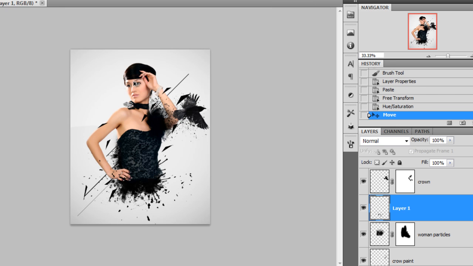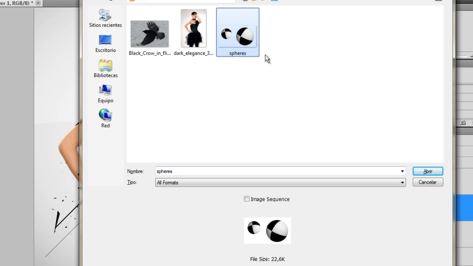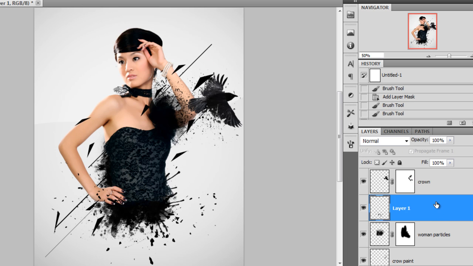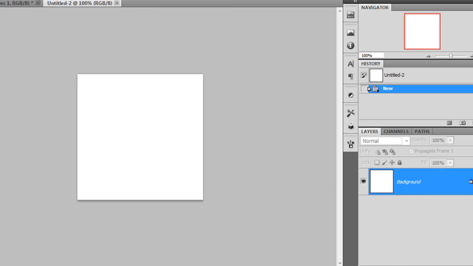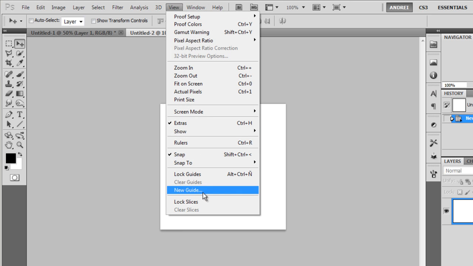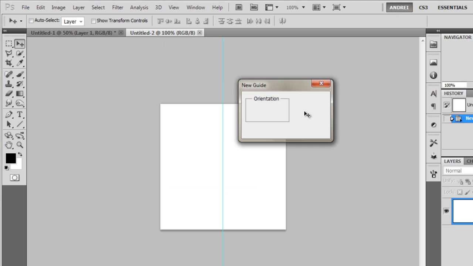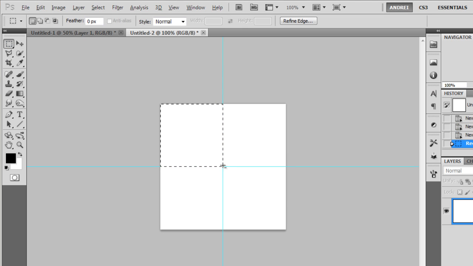Okay, something like that. The next thing I added to this is those 3D spheres, which you can download as well from my website, because I know many of you don't have the extended version of Photoshop, so you cannot create them. But I will show you how I made them in case you want to know. So I will create a new document, like 300 by 300, and I used guides to split the canvas and create a new guide, 50% horizontal,